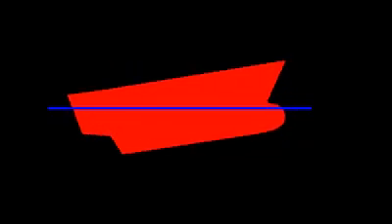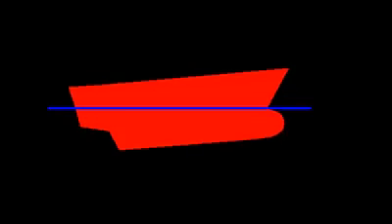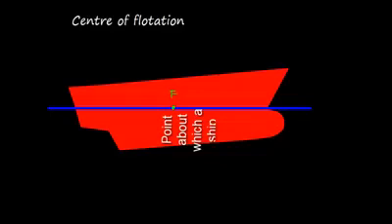Now let us look at this vessel. She is trimming about some point like this. So this point is nothing but center of flotation. We write F. This is the point about which a ship trims. Let me write. This is the point